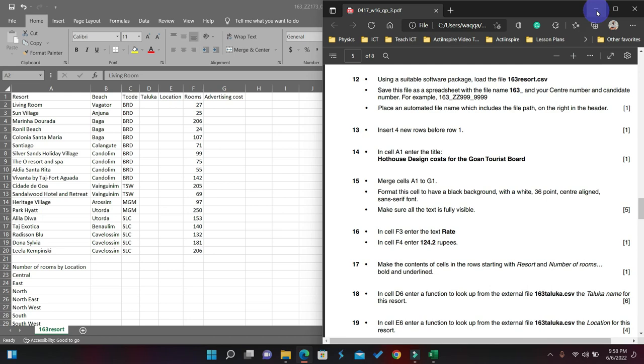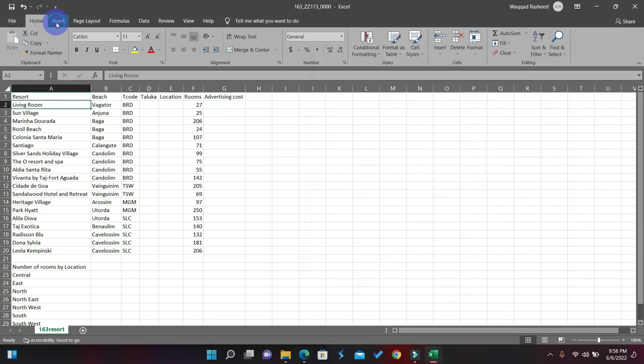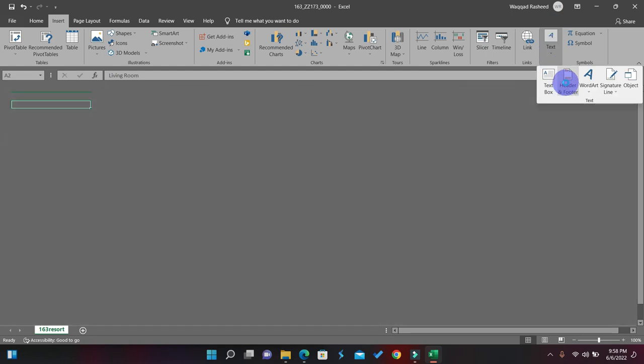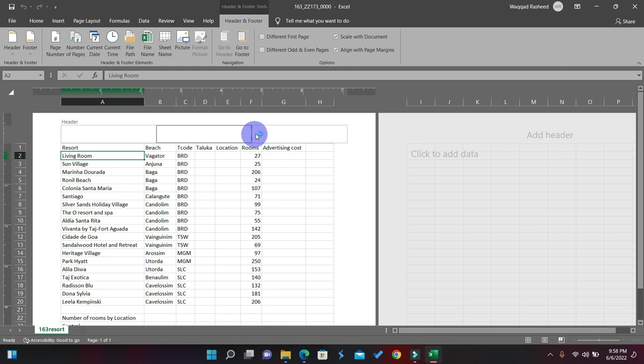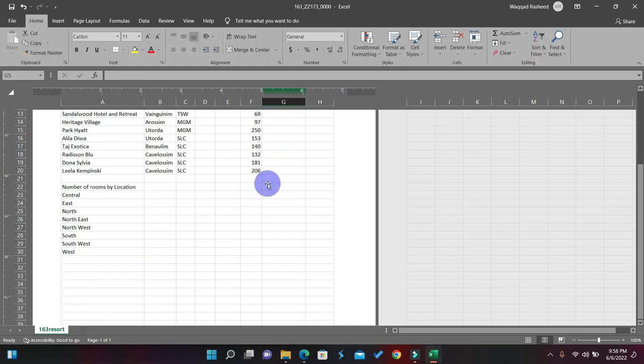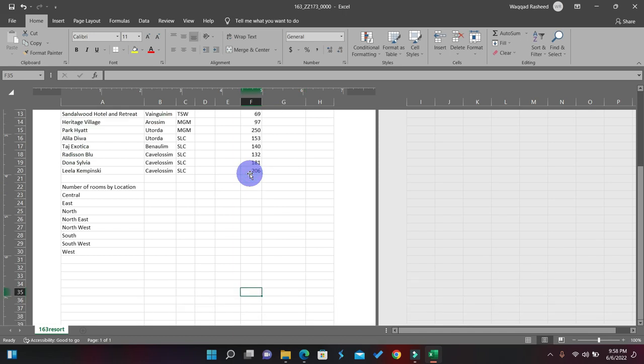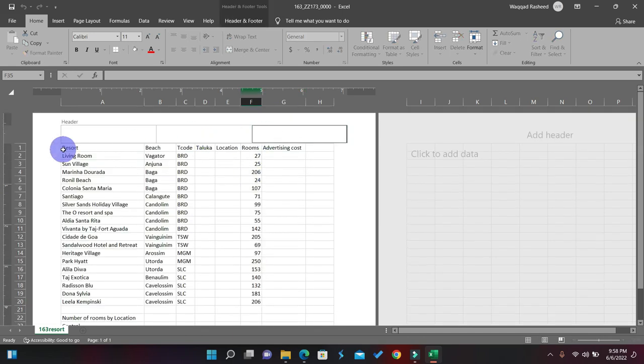aligned. So for that reason, just click on insert, and there under the text option here, you can see there is a header and footer. Just click on that, and you can see now this is the view where you can see header and footer visible. If I just scroll down, you will see there is a footer, and then there is header here. So in the header section, they said that in right aligned, you have to insert the automated file